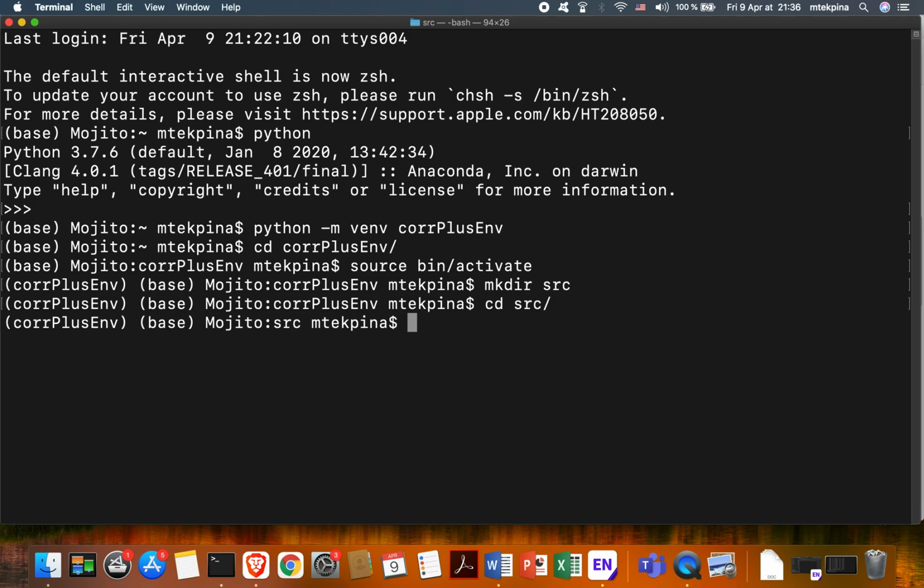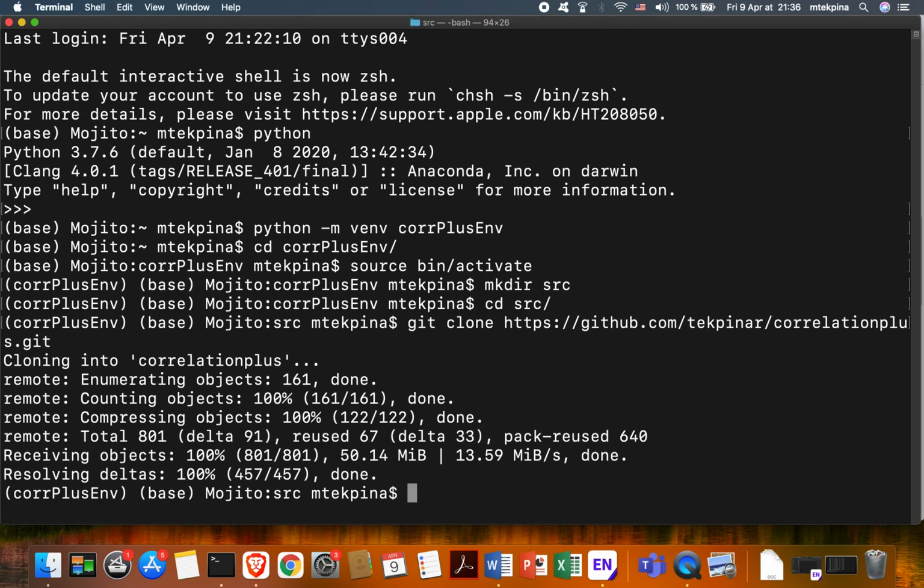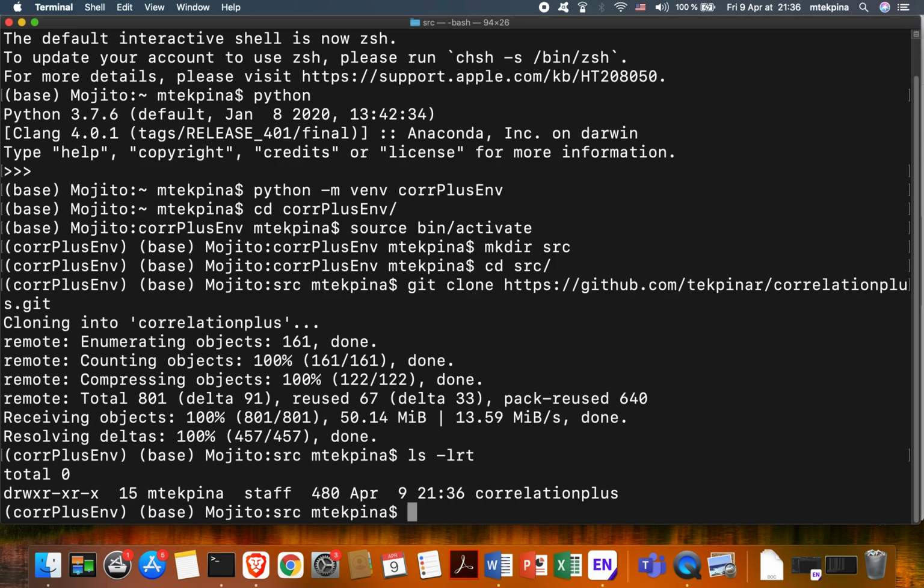Now I will here copy from Git the latest version from GitHub, my GitHub. Okay, it depends on your internet access speed. Okay, now let's do an ls -lrt and see if we have the folder. Yes, we have the folder. Now I will go inside this folder,